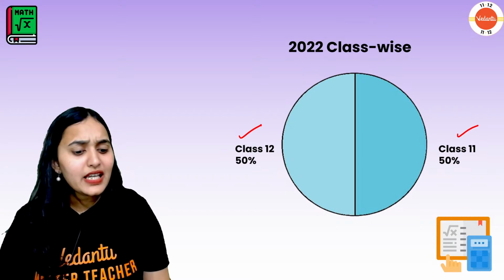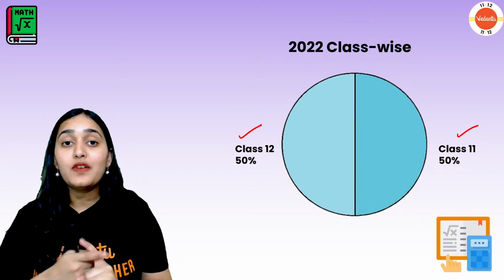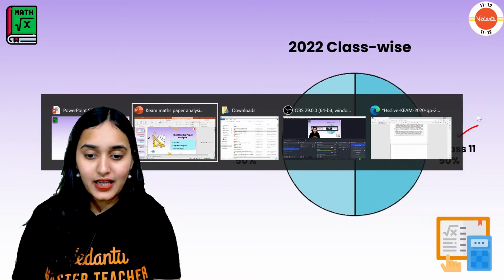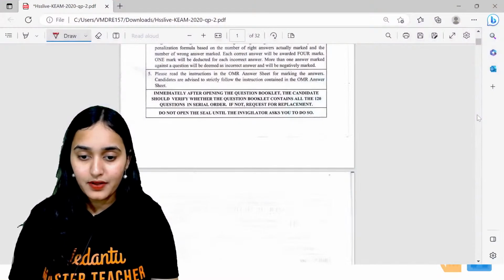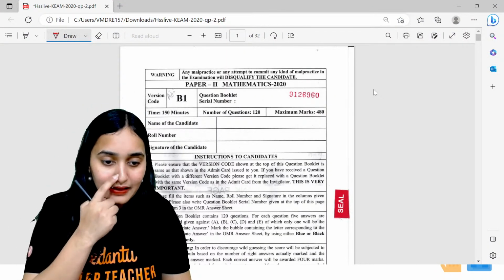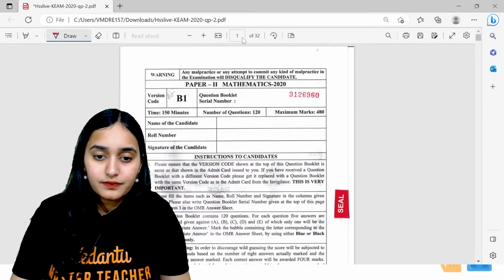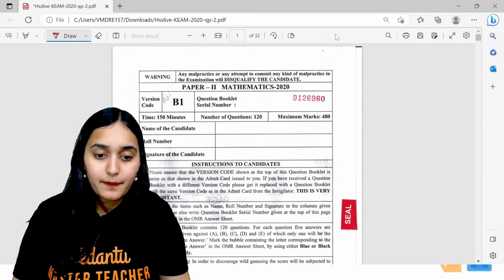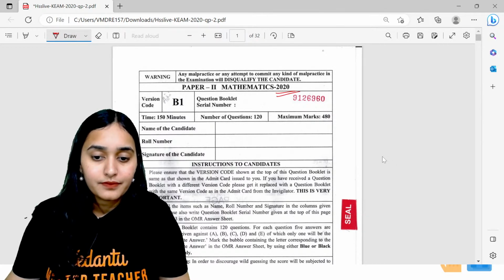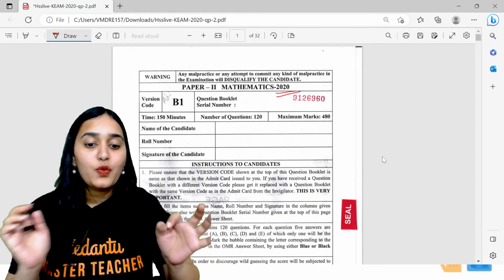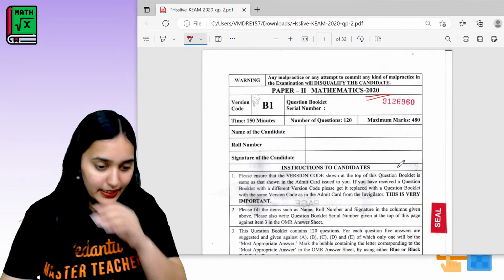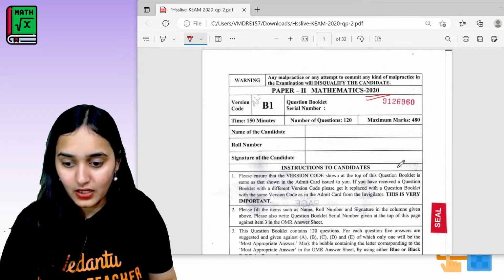Is PYQ repeated? That's what you will learn by analyzing the question paper, right, Sri Lakshmi? Have you seen any previous year question paper till now? Okay, so people, I hope you guys can see my screen. What we are going to do now, we are going to analyze the question paper of 2020. Let's see which chapters are generally asked in this paper. Okay, should we begin? Chalo.